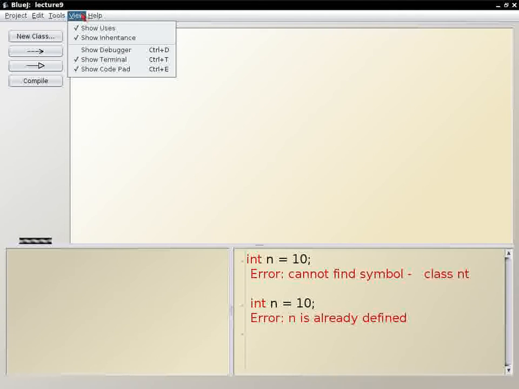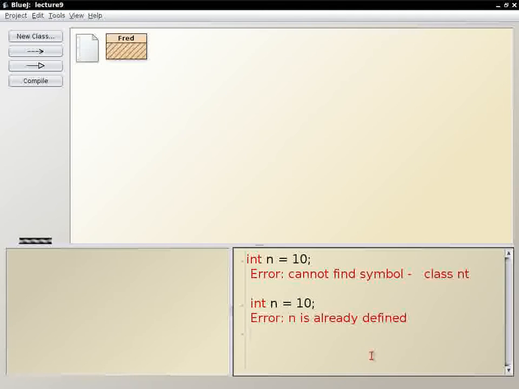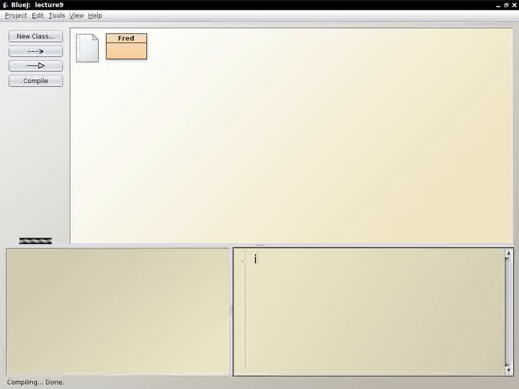Does anyone know how to clear this thing? Control. Brilliant, okay.